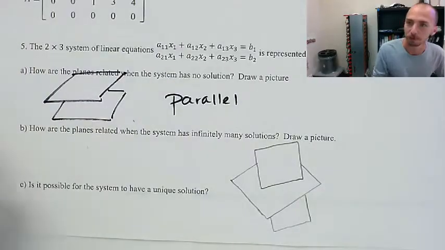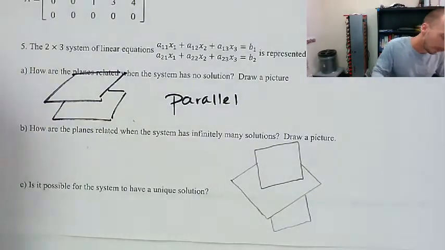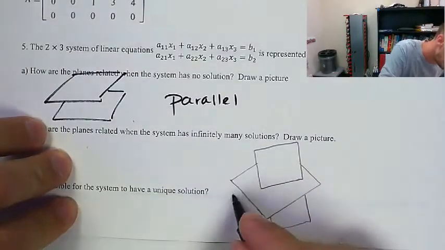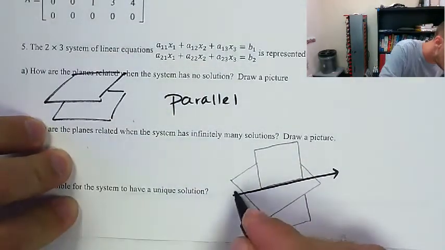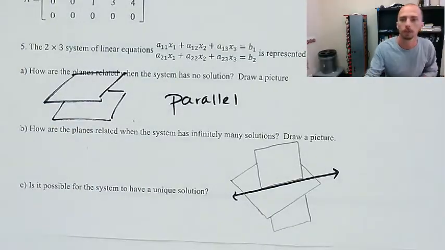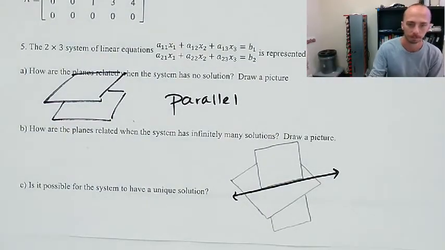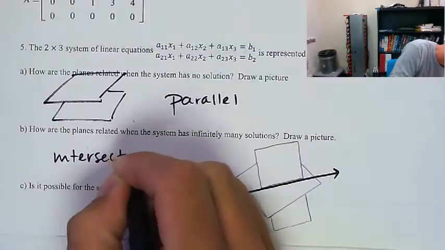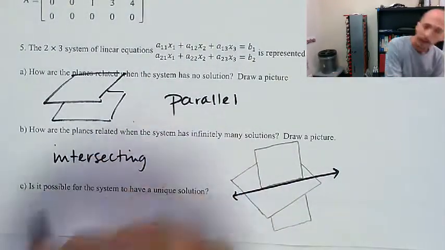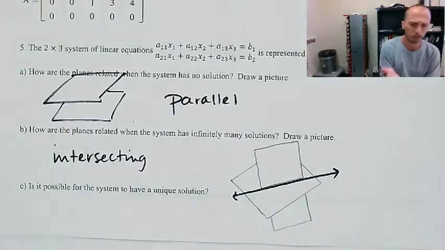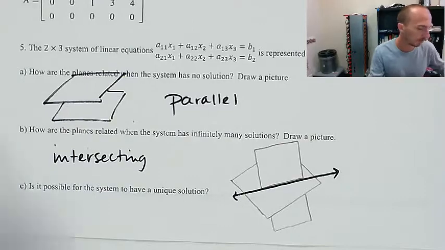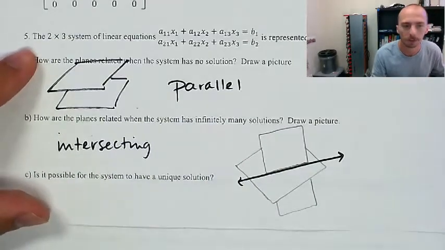All right, honestly, I think my rough draft that I did off to the side was a little better, but we've got ourselves 2 planes. They are intersecting, and they intersect in this line, right? Because they do extend in each direction. Okay, they intersect. And I think, in general, 2 planes are either going to be parallel or they're going to intersect somewhere. And if it's 2 planes, then they're going to have to intersect in a line, which leads me to part